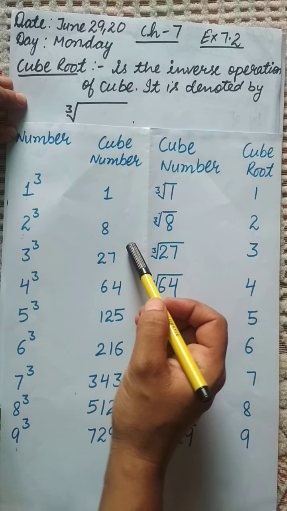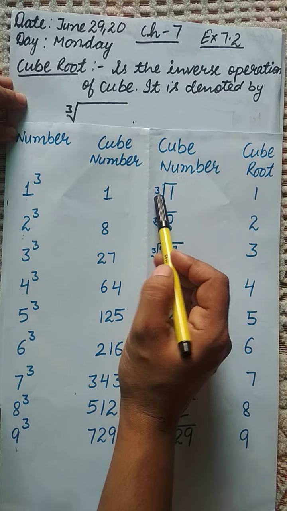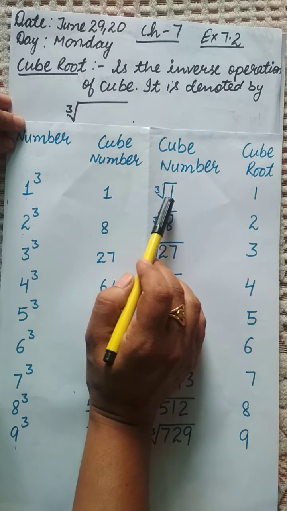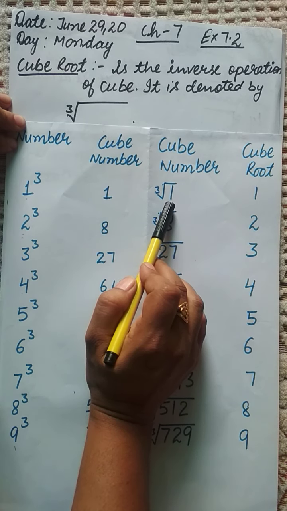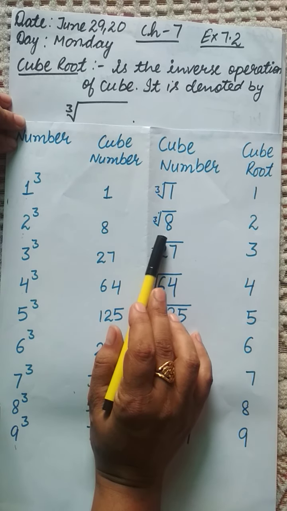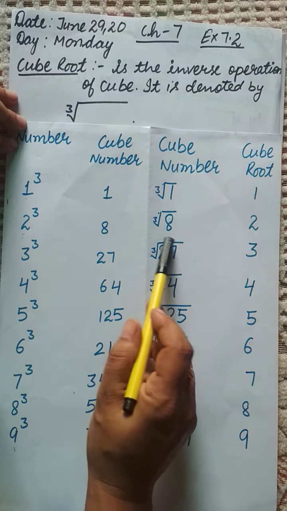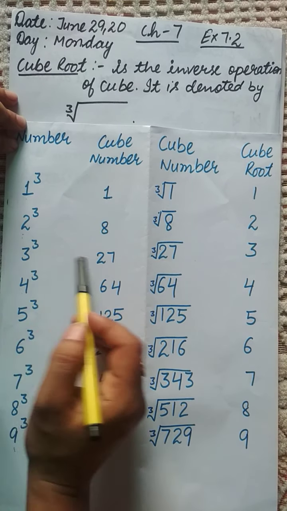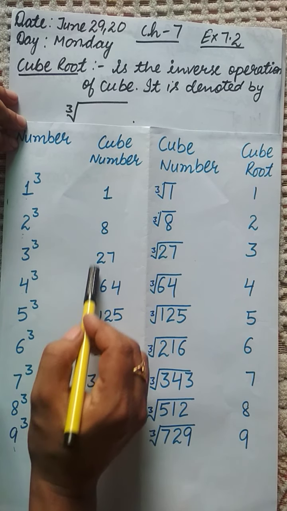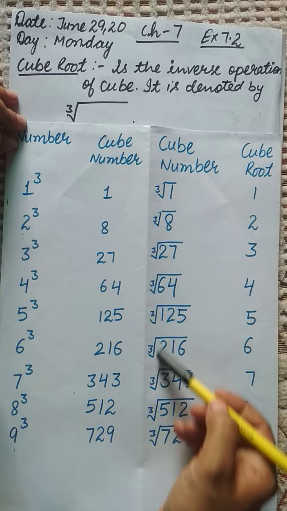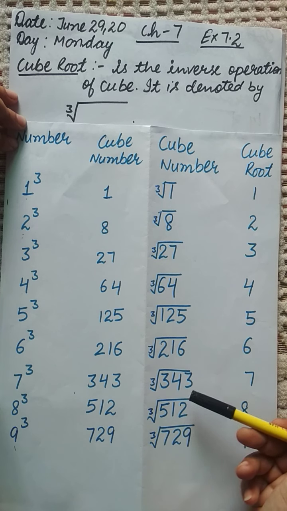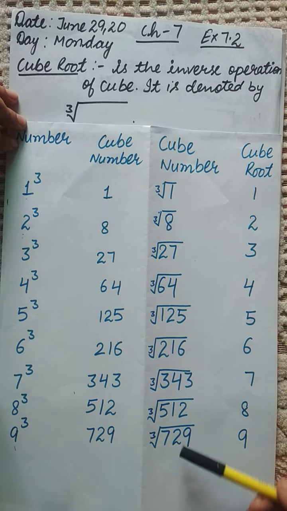Now how to find out the cube roots? Now these are the cube numbers. I have put the root here, and here I have written 3. This stands for the cube root, cube root of 1. Cube root of 1 is 1. Cube root of 8 is 2. Then I'll do the prime factorization. I will have triplets here. Similarly, cube root of 27 is 3. This is the inverse operation. Here I have done cube of 3 is 27. If cube of 3 is 27, then the cube root of 27 is 3. In this way, we can find out the cube roots of the given numbers. Here I have written some cube roots of the numbers, perfect cubes.